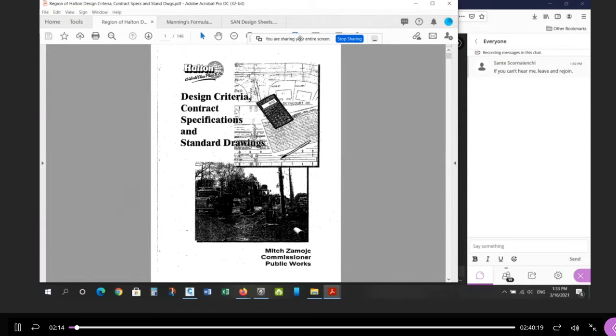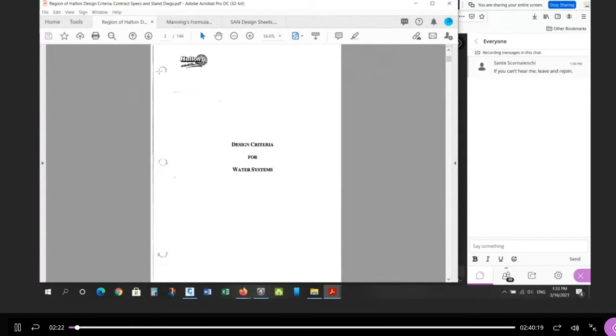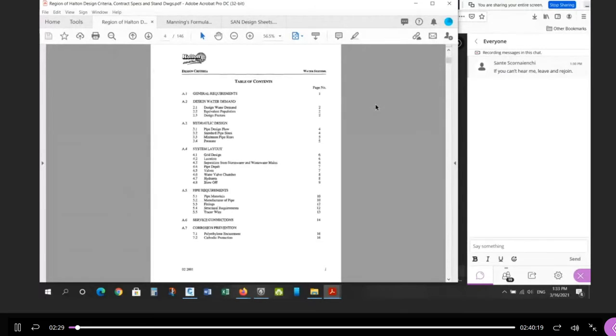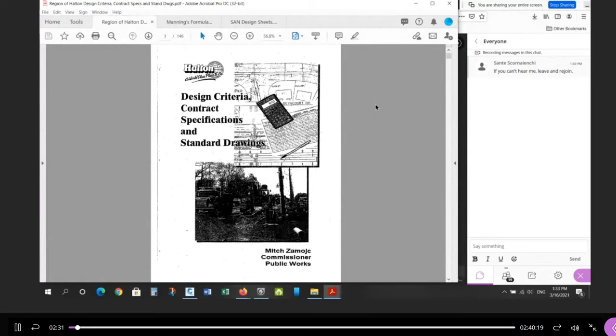So for the sanitary sewer, we look to the region of Halton for the standards. Again, this is a document that you can tell it's a scanned image. If you go through the first few pages, you can actually see the 3-ring binder hole punched on the side. So it really is just a scanned document, a hard copy. But with the software, at least that I'm using for Adobe, you can actually Control F, find stuff based on the character recognition. So I'm going to look at wastewater,